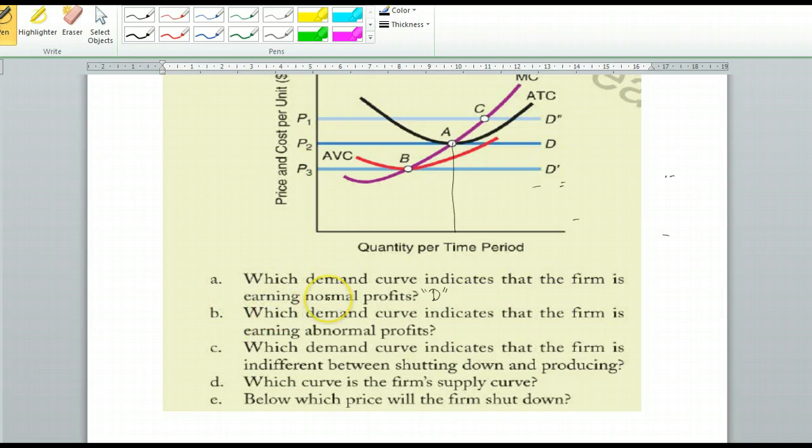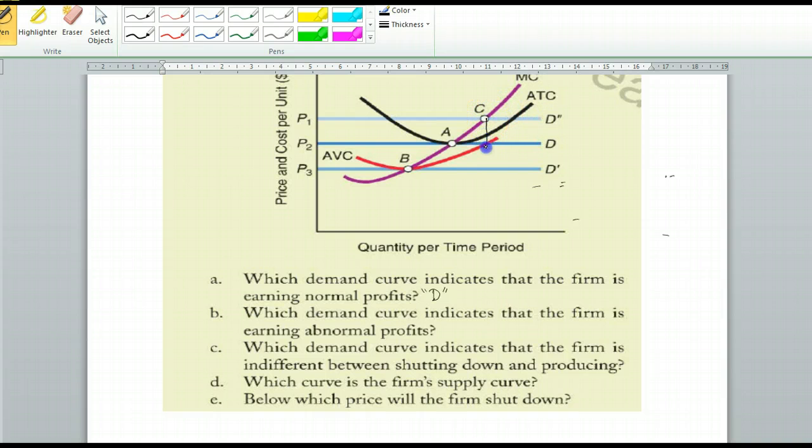Part B asks us, which demand curve indicates that the firm is earning abnormal profit? That means positive economic profits. So if you look at D double prime here, that's the demand curve, that's the price. If that price exists, this firm is going to make some positive profit, right? And you can actually show that positive profit amount in this graph itself. So we know that when price is going to be P1, this firm is going to keep on producing as long as marginal cost is below P1, and it will stop producing when marginal cost equals P1. So it will produce up to this point,